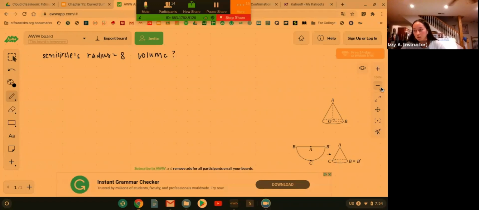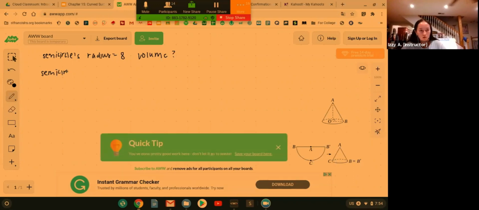And since the semicircle's arc is 1/2 the circumference of the circle with the radius 8,